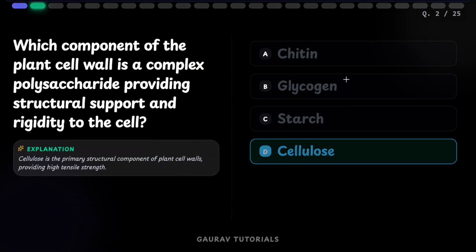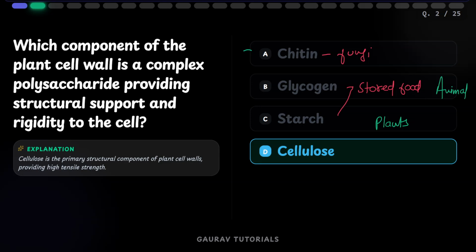When observed, we realize that chitin is the component of the fungal cell wall. Glycogen and starch, both of them happen to be stored food. Glycogen is the stored food in the case of animals, and starch is the stored food in the case of plants. So of the four components, chitin and cellulose are components of the cell wall, and glycogen and starch are the components found in the bodies of animals as well as plants, which are meant for storage of